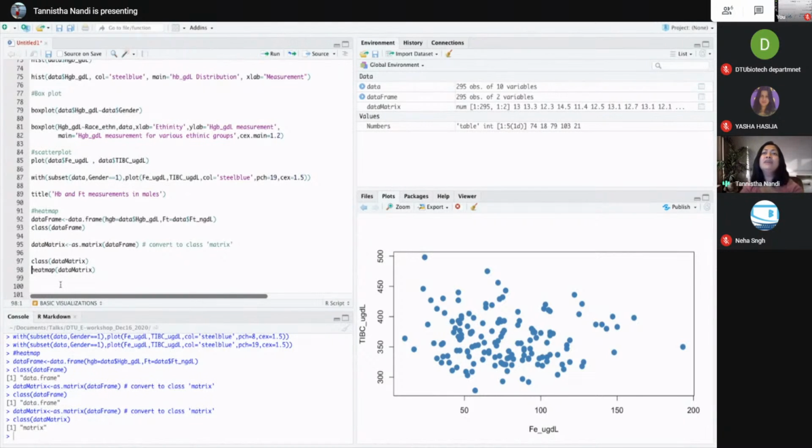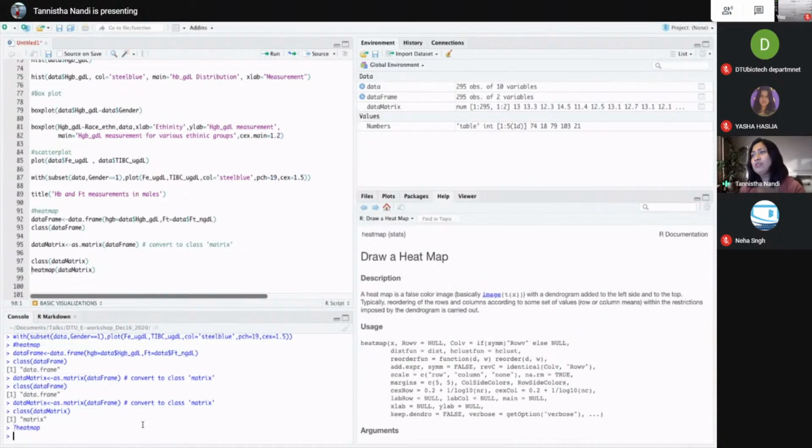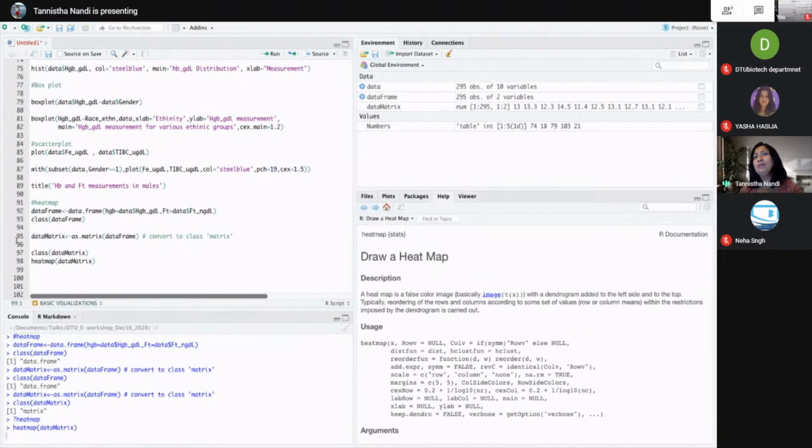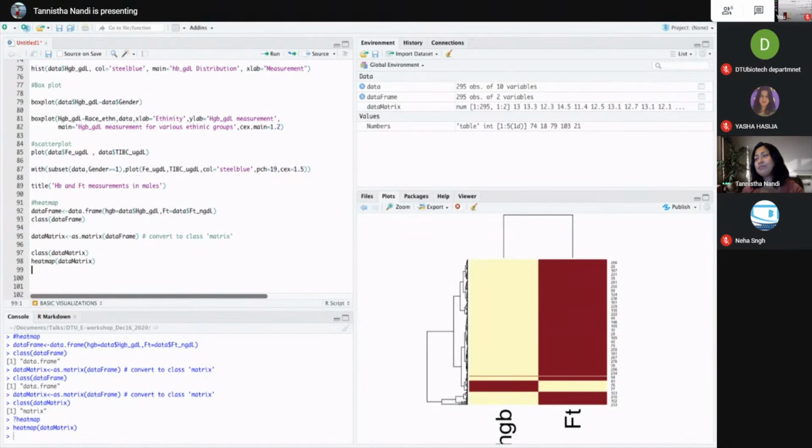So why did I convert it into a matrix? Because the input for the function heat map is a matrix. And the way to check it again will be if you go and look for help, you could get all those details, what sort of input you need, what arguments you need to pass into the function. So now, the simplest way again, I will pass this matrix to the function heat map, and it should be able to bring up a heat map for me. Not the best,